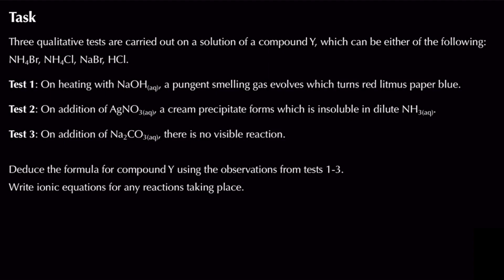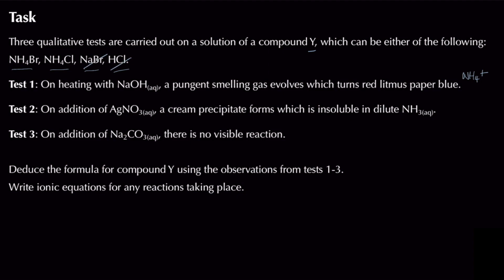Just a quick multiple choice question from the OCR A paper 1 spec. So you've been told here that you've got 3 qualitative tests carried out on a solution of Y, and it can be either one of the following: ammonium bromide, ammonium chloride, sodium bromide, or HCl. Test 1: on heating with sodium hydroxide, a pungent smelling gas evolves which turns red litmus paper blue. So we know we've got ammonium ions present there,